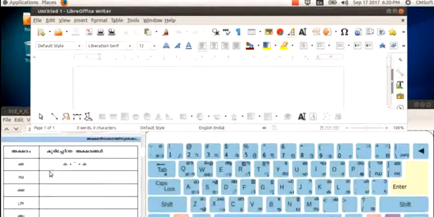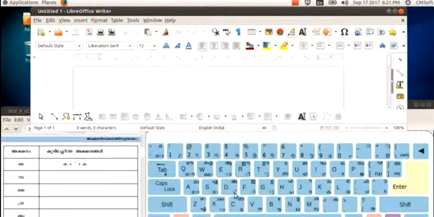Then take the keyboard layout. First, we can type the letter Ka. First type Ka by pressing K key in the keyboard.